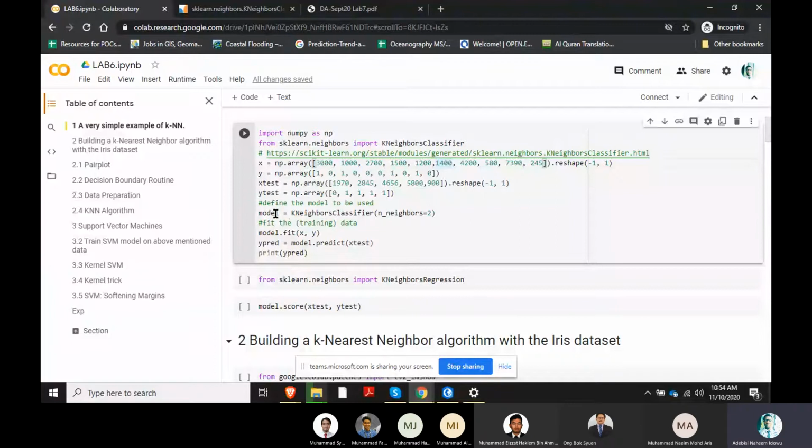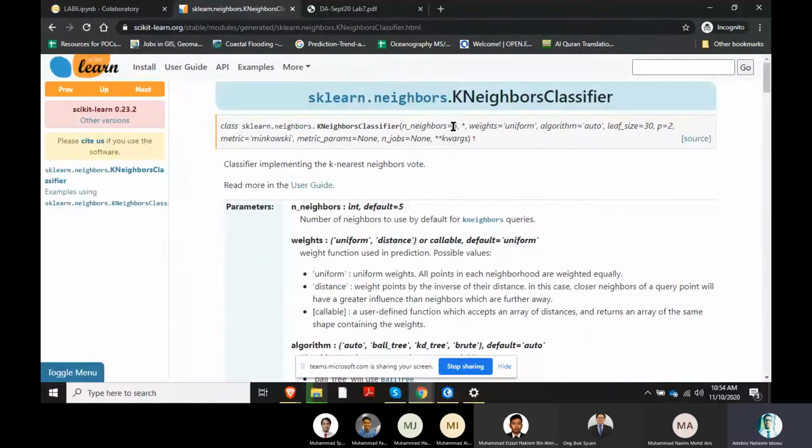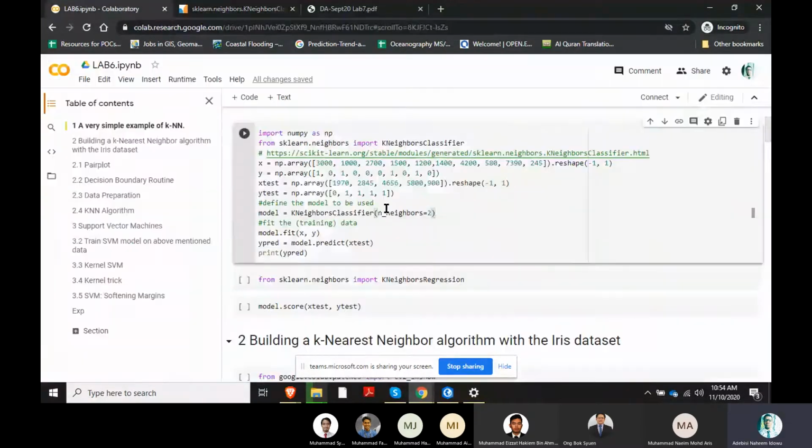So we call our model. Model here is k-nearest neighbor classifier. The number of neighbors we pass here is 2, instead of the default 5. If we don't put anything there, remember the default here is what? It is 5. But here we just change it to 2. So you can explore which of the parameters will give you the best performance, because if you change the parameters, you're going to have different performance. So after that, we fit our model on our training data sets, which is the X and Y,